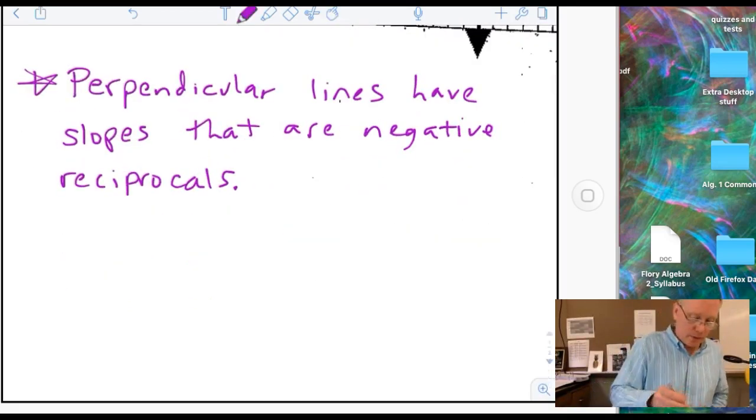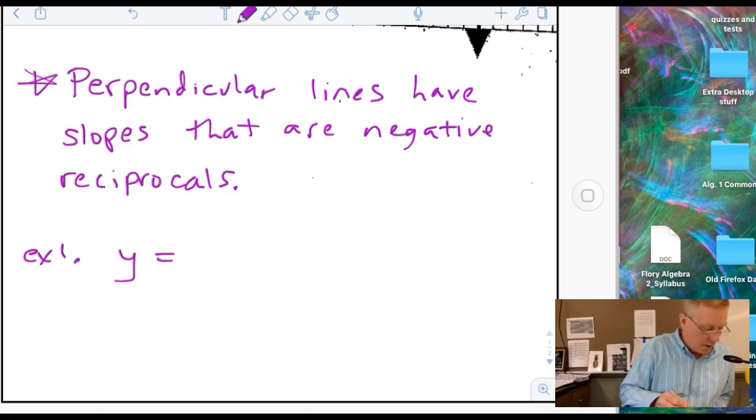Okay, so let's talk about what that looks like. Negative reciprocal. So, for example, if I had example 1, y equals negative 2/3 x plus 1,